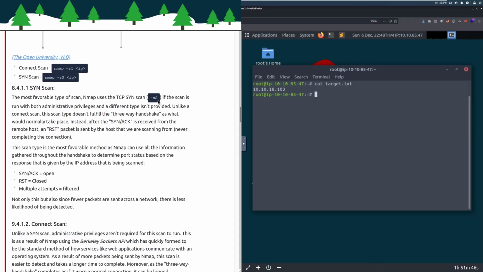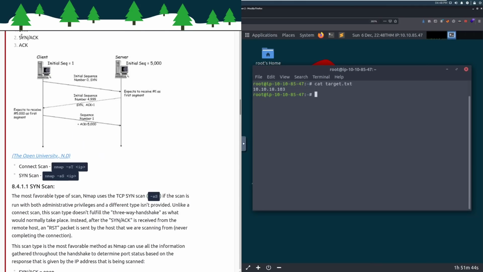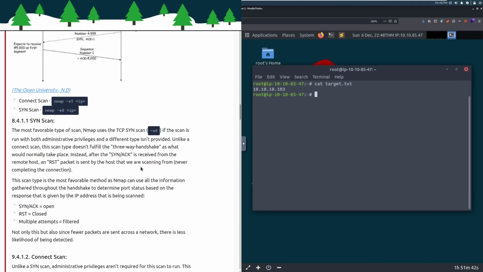Instead, after the SYN ACK, so the second bit here, is received from the remote host, a reset packet is sent by the host that we are scanning from, never completing the connection. So essentially we're saying, hey,